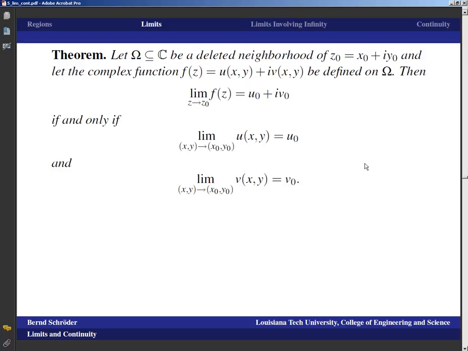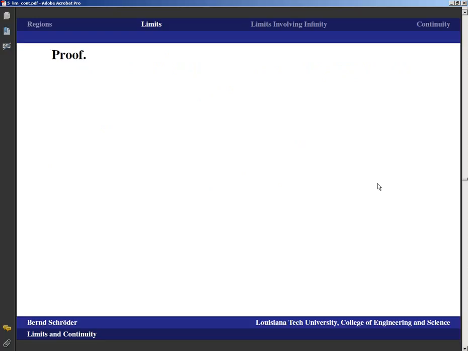And as you do that, you can then compute limits a little bit more easily. Okay, what's the proof? Well, let's first take a function so that the limit as z goes to z0 of